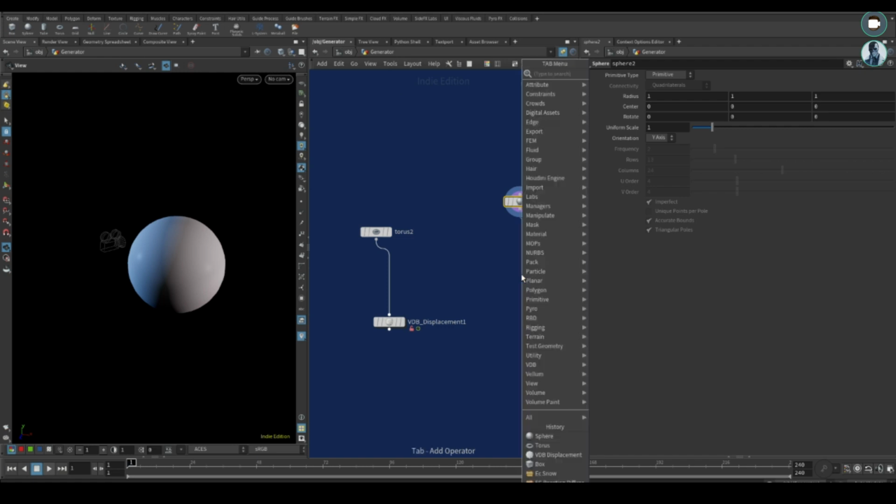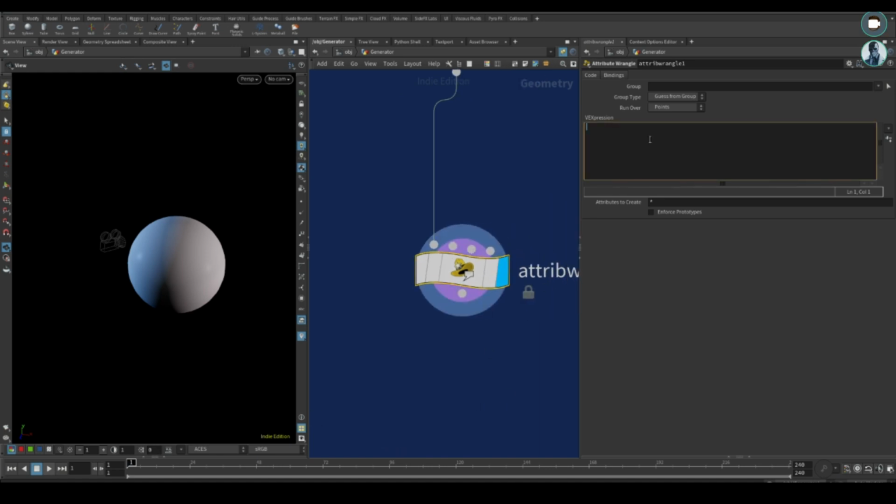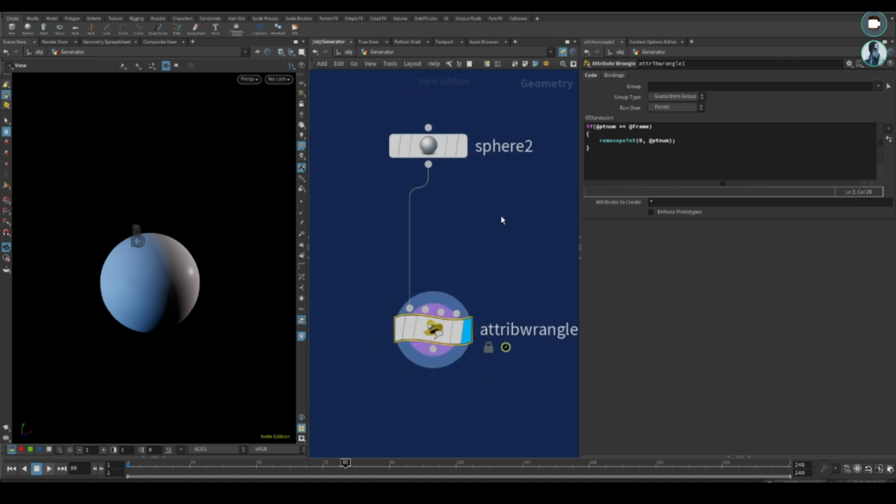So if I say, in this wrangle, if the point number is equal to the frame, I'm gonna remove points. It's gonna delete the points based on the frame. If I do that, you can see it's not gonna work because the frame is not allowed in here. But if I put a solver,